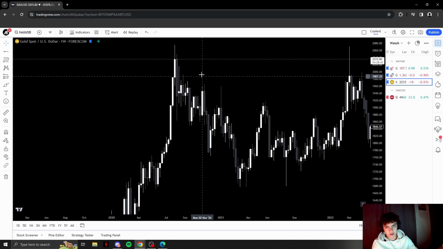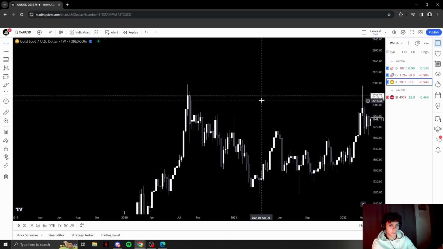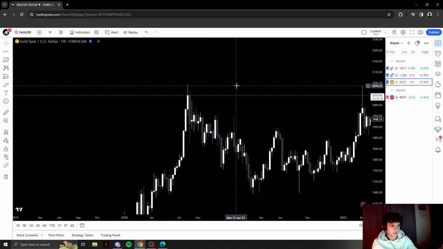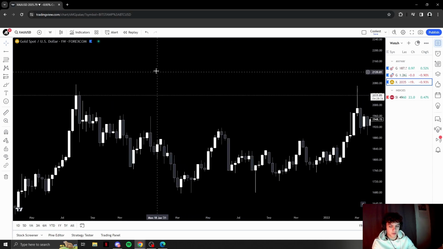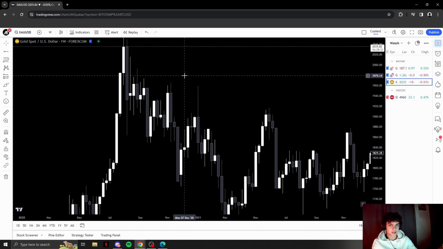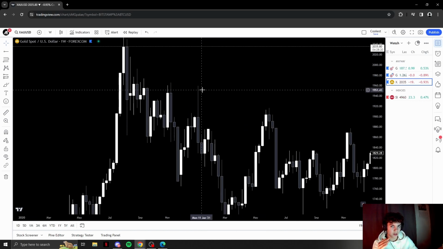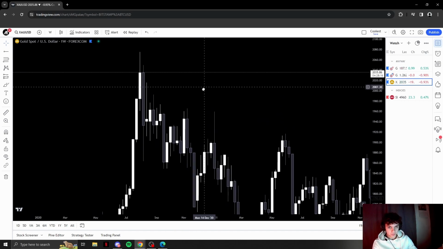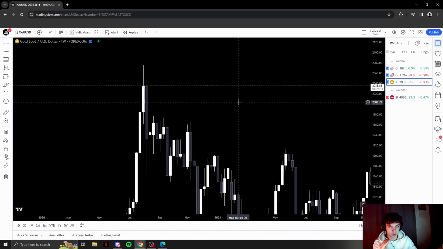Alright, so I'm gonna start from higher time frames. In higher time frames, liquidity is really important, and it basically lies on untouched highs and untouched lows. That's where liquidity lies in higher time frames. Also in lower time frames, but remember, higher time frames always hold more power.